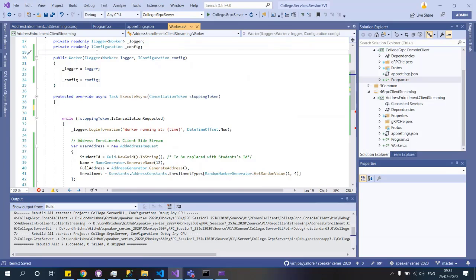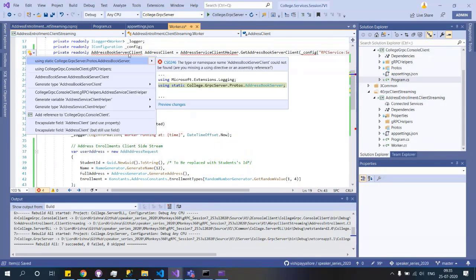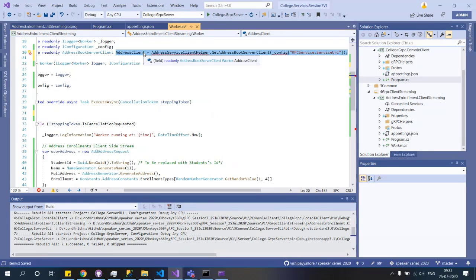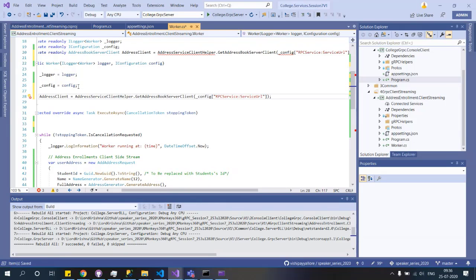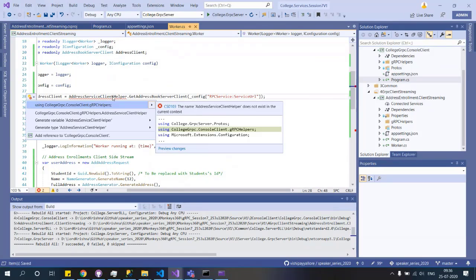Instead of putting it here, I can put it as private readonly, and we'll bring in that, and this I'll copy. I'll drop it here. Need to bring in the using statements.